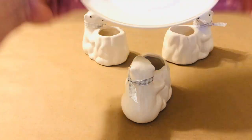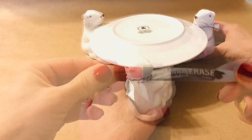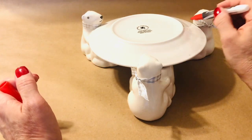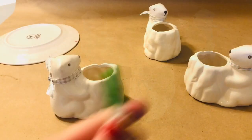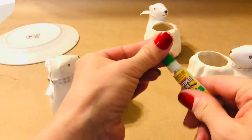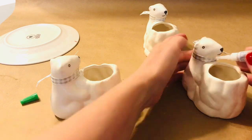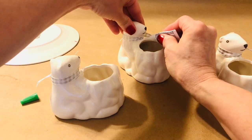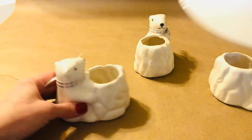To create this little Bath & Body Works dupe candle holder, we're going to turn that salad plate upside down, and we're going to mark at equal distances for our polar bears with a dry erase marker. Next, I will take some Super Bond super glue, and I would recommend that you also use hot glue on this project, but we're just going to attach that salad plate turned upside down on this area right under that